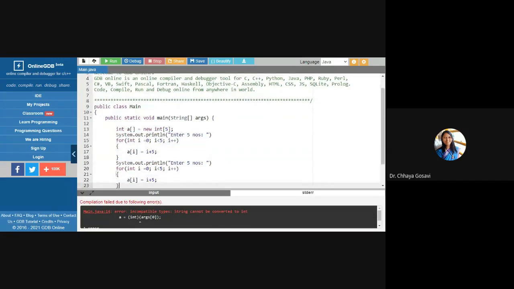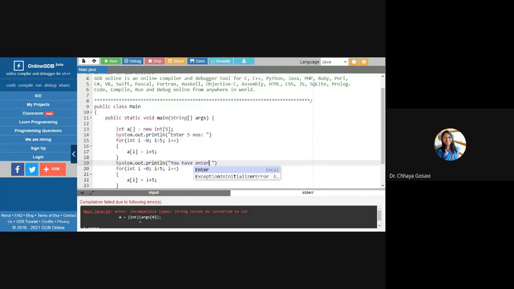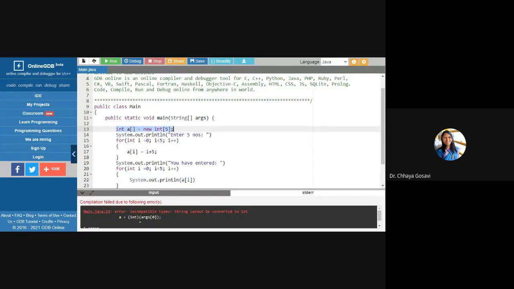And to display that, you have entered, and you have to display A of i. So assigning a value to an array or using a value of an array is similar to that of C. What is different is how to initialize an array.